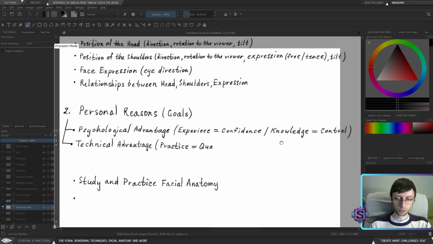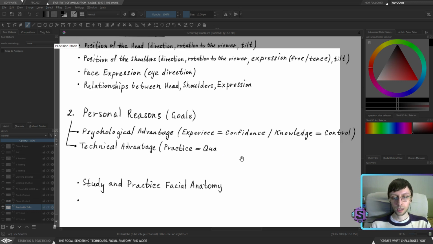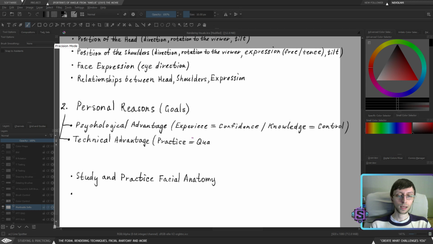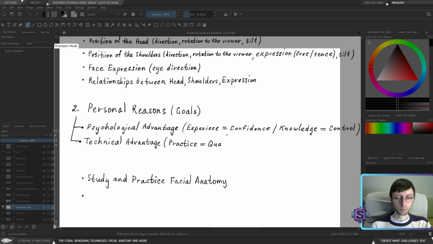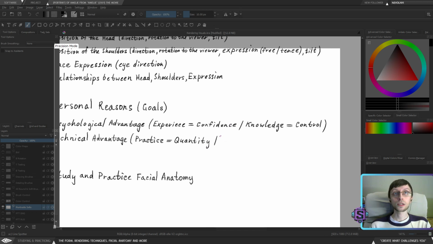It's much more important for me personally, as a theoretical person, to focus on these two elements, and these two will work themselves out automatically, because once I have knowledge and once I have control and confidence, it will help me to dive into creating work, and sooner or later I will achieve quantity and I will achieve quality. This is something that you will get with time, with experience. So again, practice, quantity and skills.